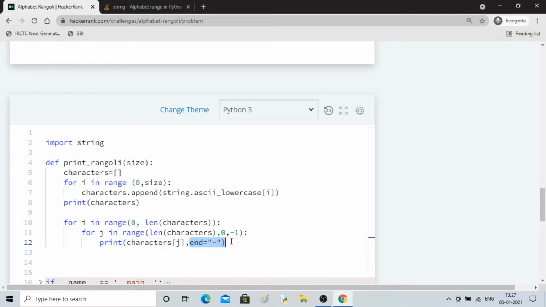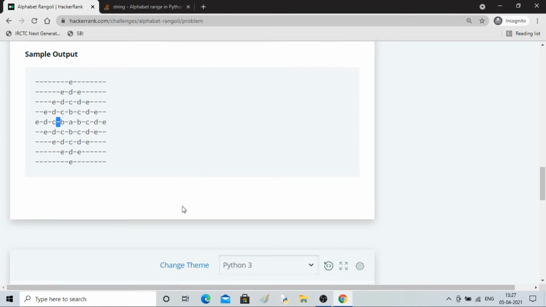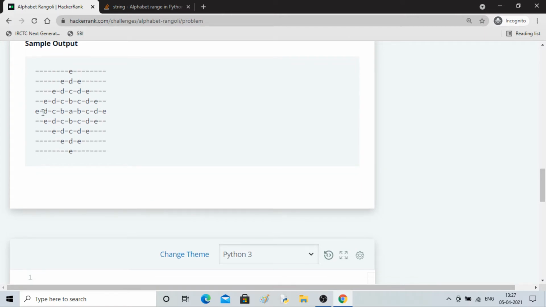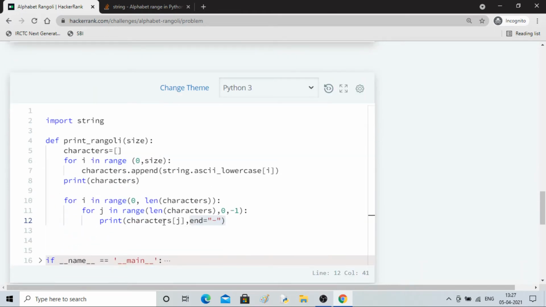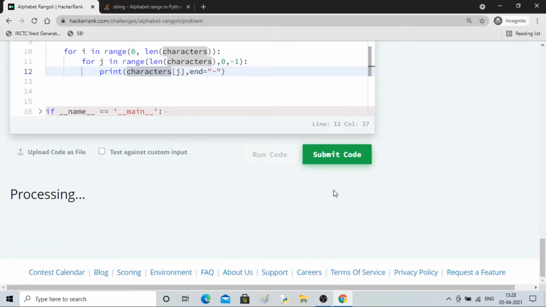I'm using end to put these together. Every time it will print E with a dash, then D, then C with a dash, then B with a dash, then A with a dash. I think it should work. Let me see the output and make changes accordingly.